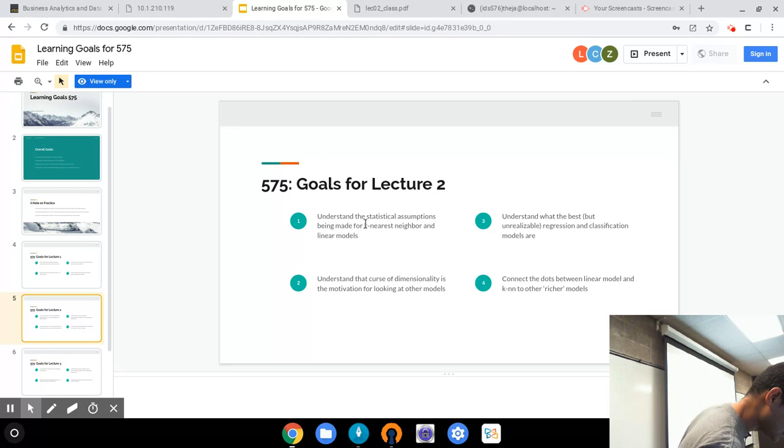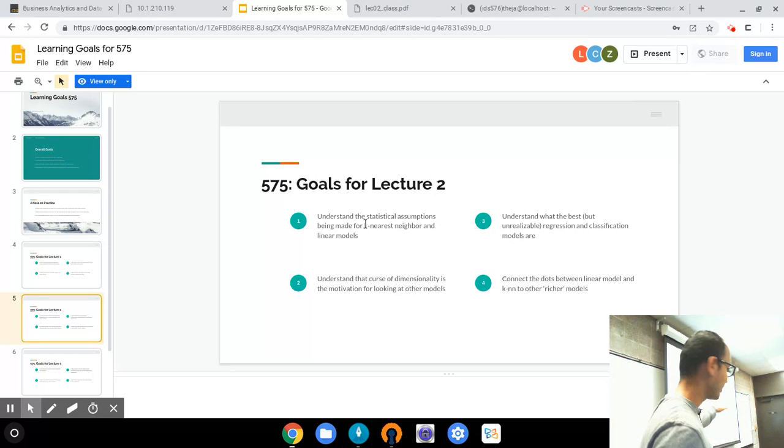Actually, let's go horizontally. So the next point was: what are these best models? What is the best regression model? What is the best classification model? We figured that out by just working with the joint distribution of our random variables, input and output random variables. Then we said, okay, in classification, there's a nice interpretation, which is the Bayes